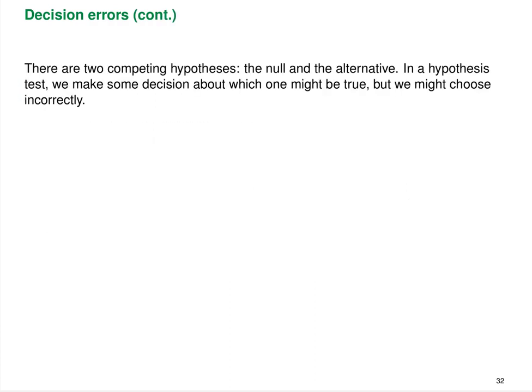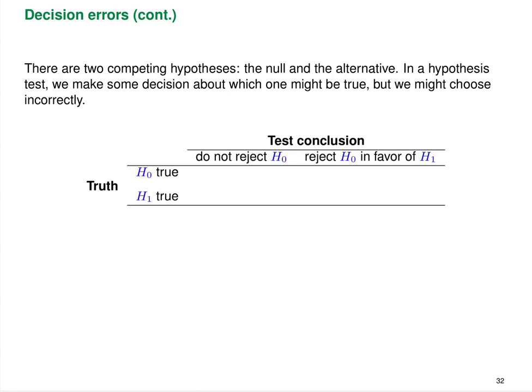In a hypothesis test, we make a statement about which of the null or alternative hypotheses might be true, but we may choose incorrectly. There are 4 possible scenarios in the hypothesis test. 2 scenarios represent a correct decision, and 2 scenarios represent an error. If the null is indeed true, and our decision is not to reject the null, then no mistake is made. Similarly, if the alternative is true, and our decision is to reject the null in favor of the alternative, then